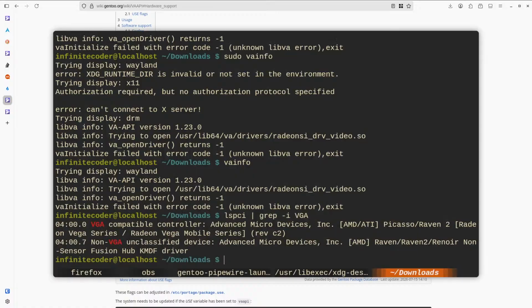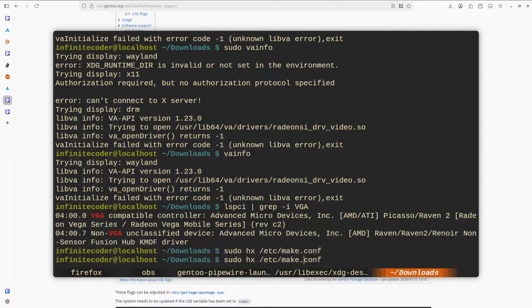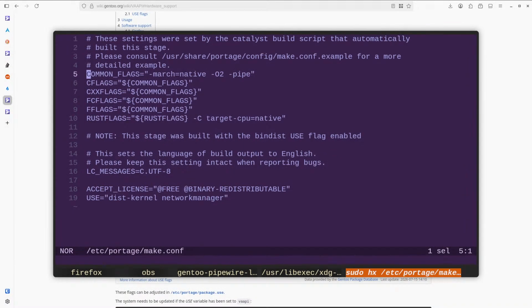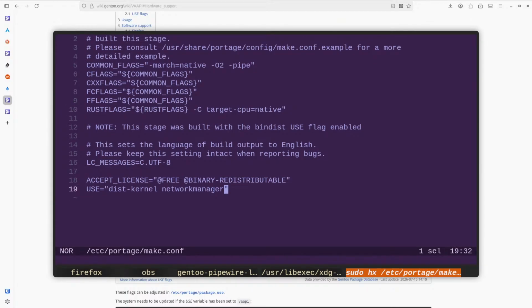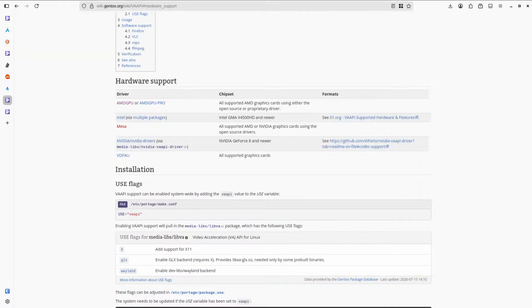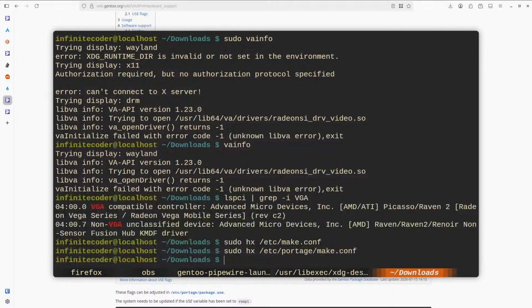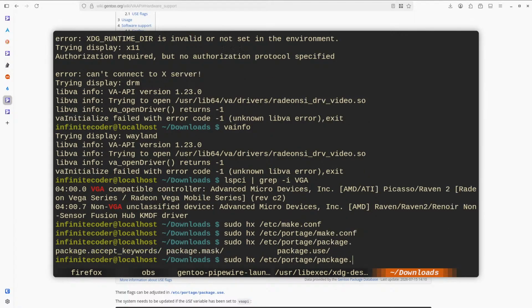So VA API. If I sudo edit /etc/portage/make.conf, and wait, it was to attach to the overlay. I mean, it's gonna be back. Don't worry. It's gonna be back, and maybe at that point I will make it better. I don't know, not sure. So VA API goes here first of all, and second of all, I do need to fix package use.